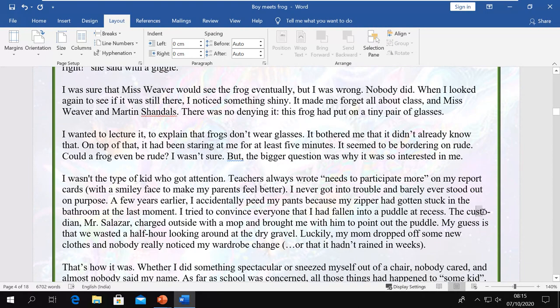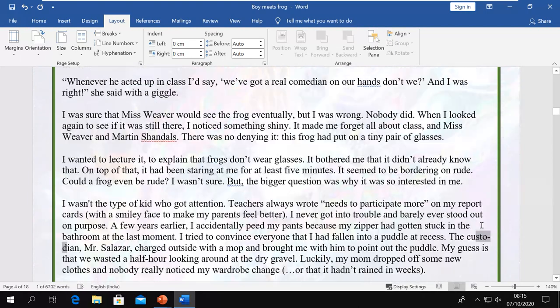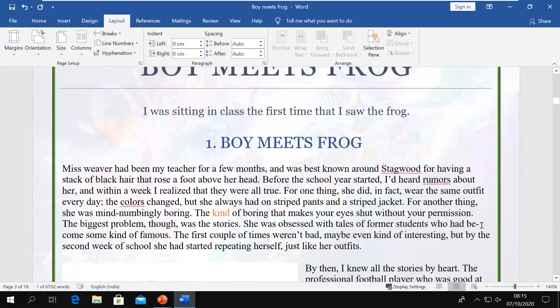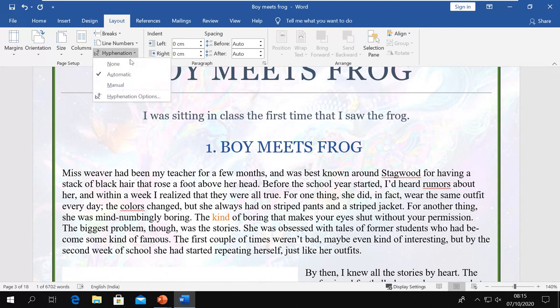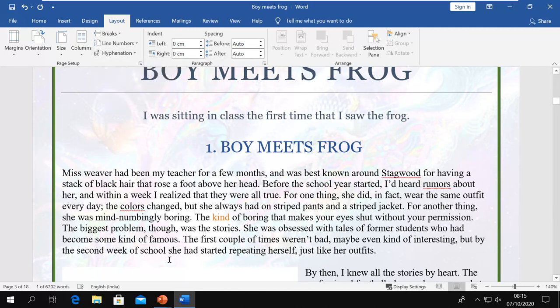So you have here also. This is auto. Auto means it is doing it by itself. You can even choose manual where you will do it, or if you don't want it, then you can just say none. Then this goes back to a new line again.